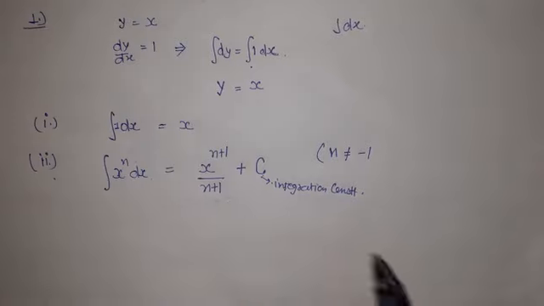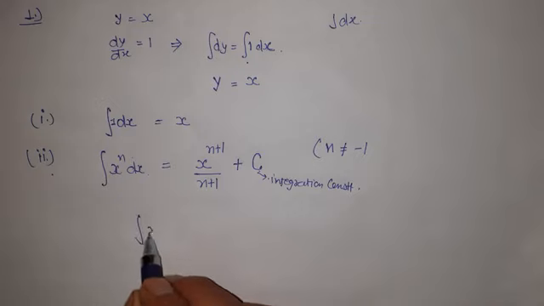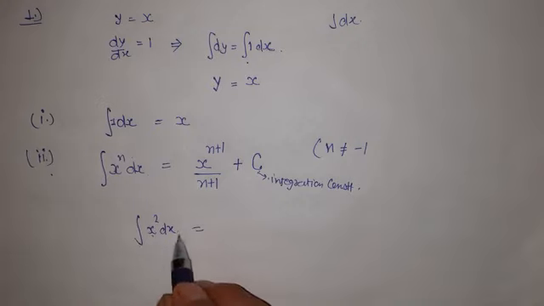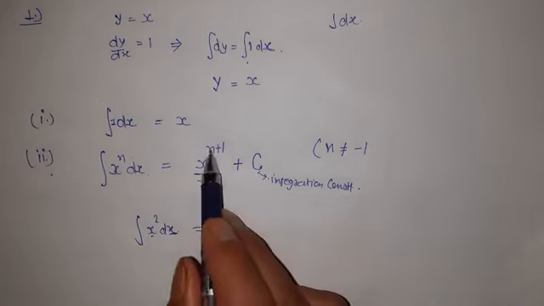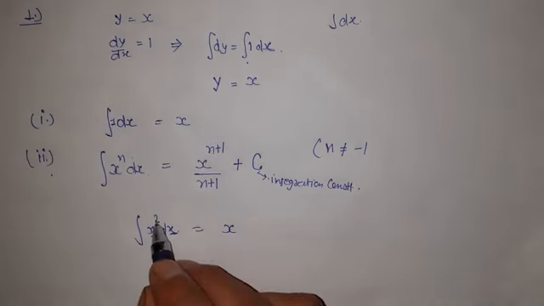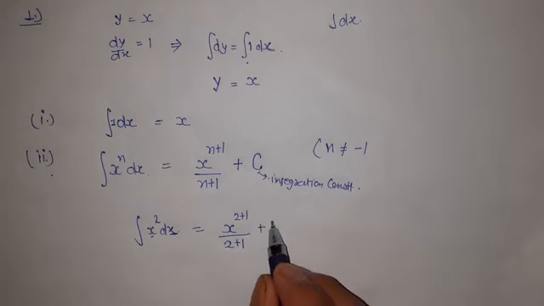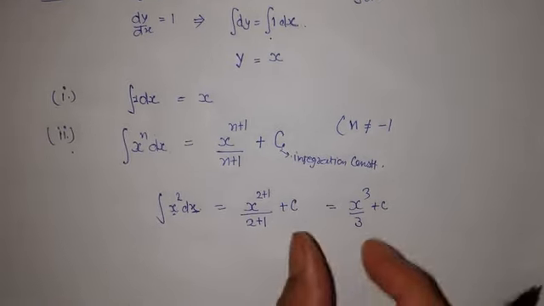Let us look at its utilization. We have the integration of x square dx. What will the integration of this come to? Here with respect to x we are performing the integration. So we get x to the power; it is said to add 1 to the power. Its power is already 2, and 2 plus 1, the total power will be 3, so you have to divide by this total power 2 plus 1. So it is x to the power 3 by 3 plus constant, the integration constant. So this is the power method in integration.